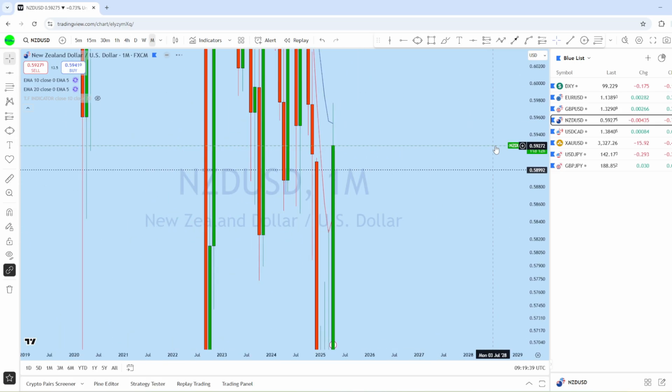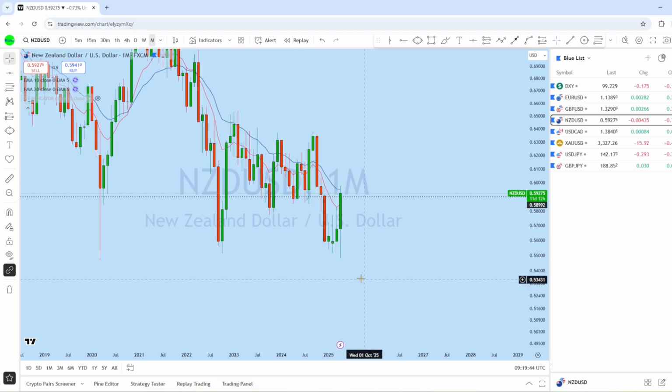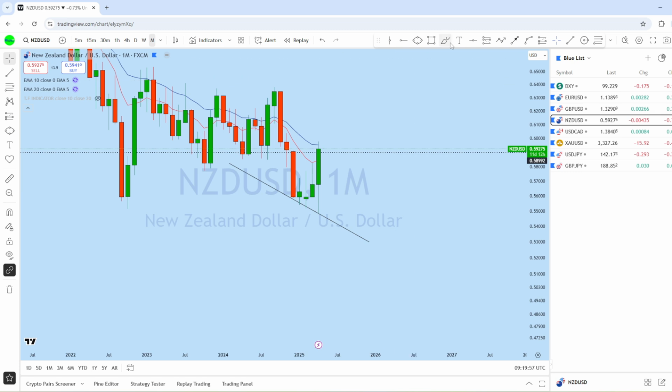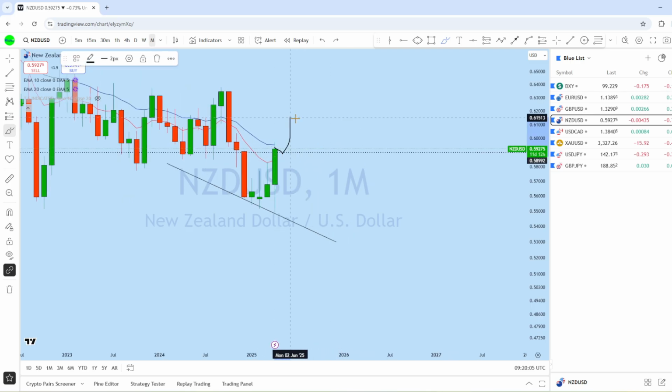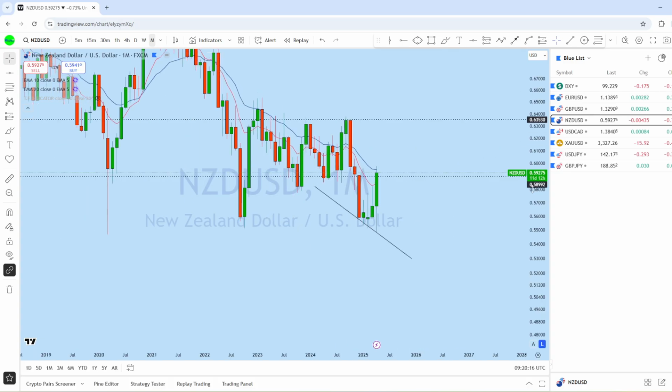Now looking at the monthly chart on NZDUSD, we can see that the monthly candlestick pattern had a very sharp bounce from this monthly support level here, which is a very important monthly support. And we saw the market from the support level, every time the price was bouncing off that level, and with that monthly candlestick pattern, expecting NZDUSD potentially to remain bullish. As the price managed to break out, we might see the price go back up to that resistance line where there is high liquidity.